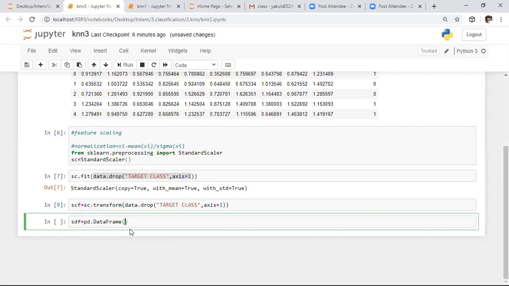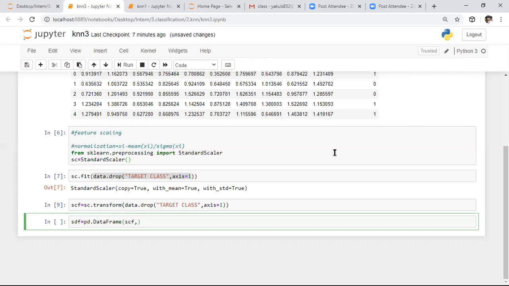In this, we need to avoid the last column, that is nothing but the target column. So we need to create a data frame with the SCF, the scaled features. After that, we need to specify the columns. So here we need to use the columns attribute.